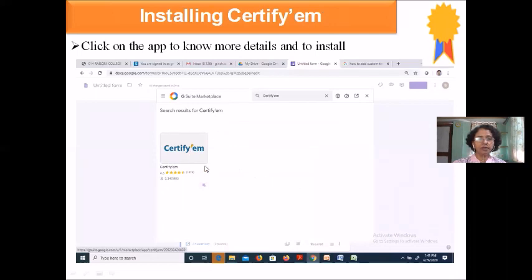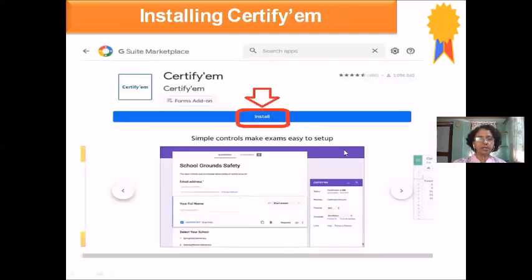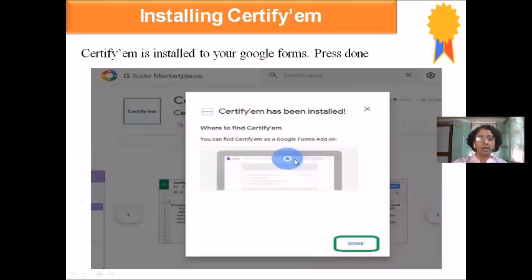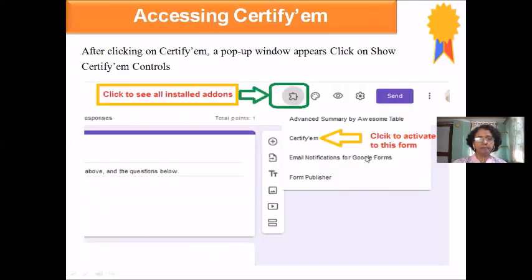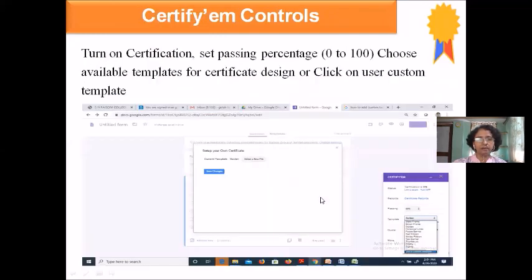After installing, you will get the Certify'em over here. Installation is complete. If installation is complete, you will get a button on your form, which means the add-on Certify'em is present in your machine. This button is available now, which means it is successfully installed.